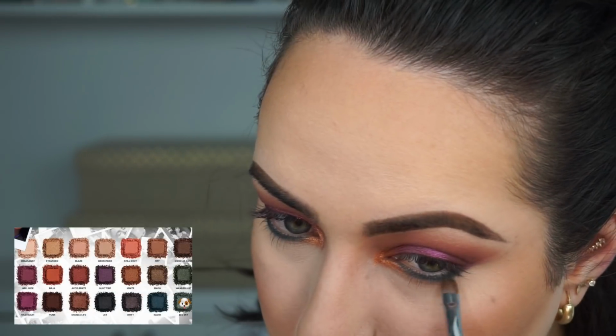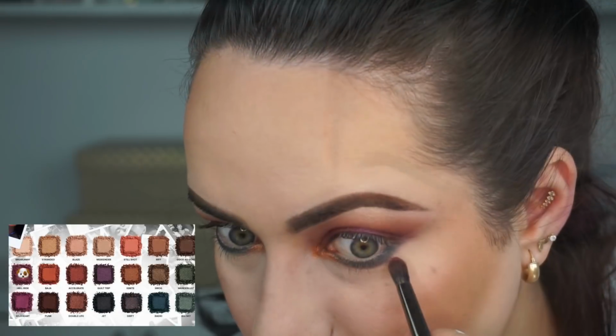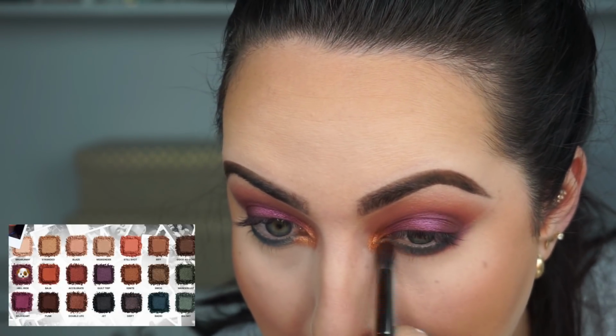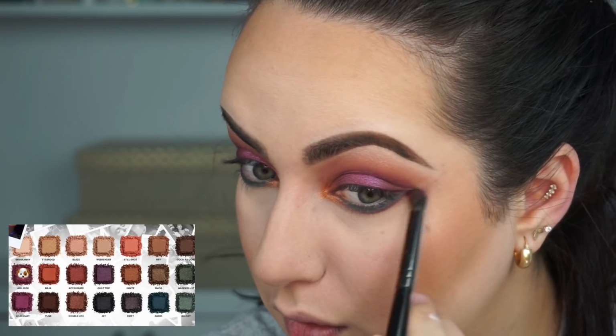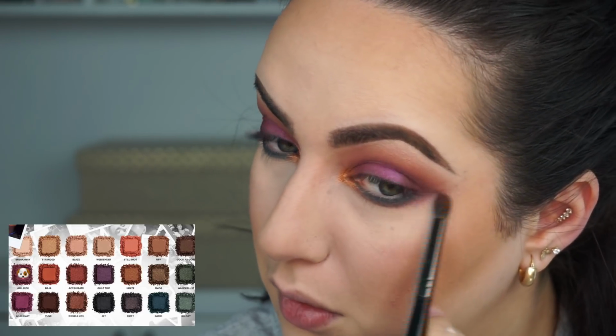I then decided I wanted it to look a little bit brighter, so I went back with my 18 brush from Sephora Collection and added a little bit of Big Sky. And to blend all of those colors out, I got my E17 from Morphe and the color Hellride, and I put it right underneath those colors so that it would meet the outer corner the same way we did with